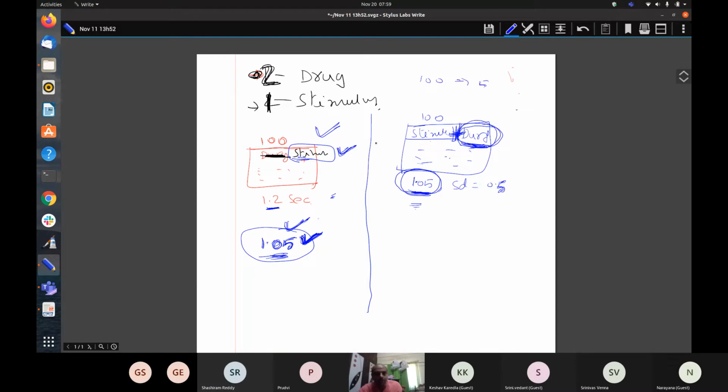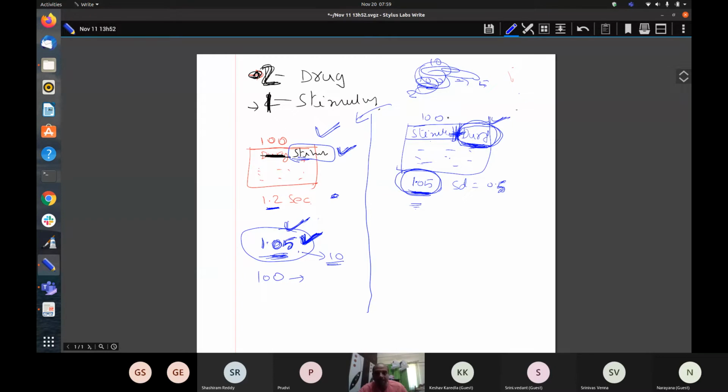That is the p-value, right? We need to calculate how many times it is happening. Out of 100, how many times? If it is happening 10 times, this drug is not significant. If it is happening 2 times only, this drug is significant, right? In the old environmental condition, I am saying, not here. I should write here: out of 100 times, if the 1.05 response time is coming 10 times,